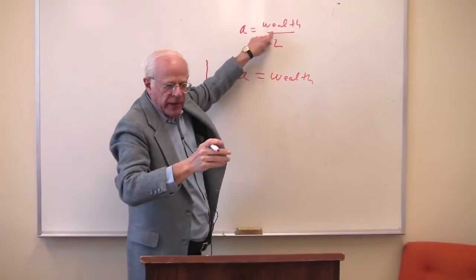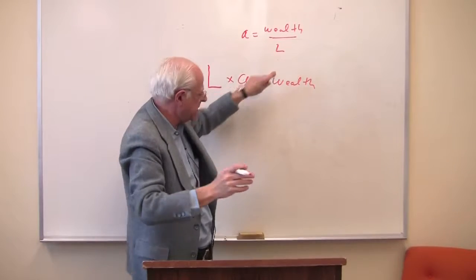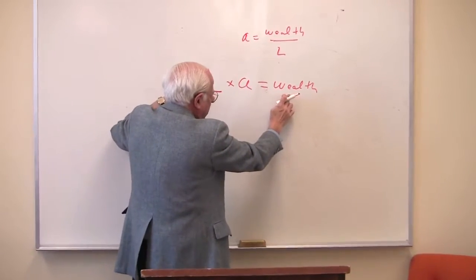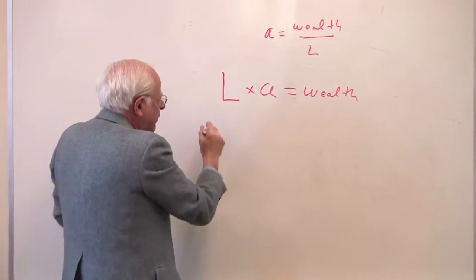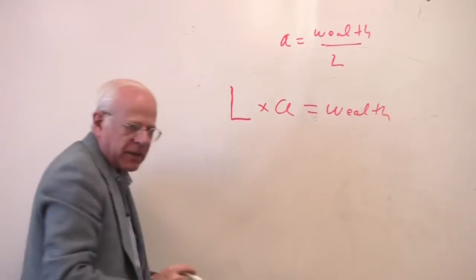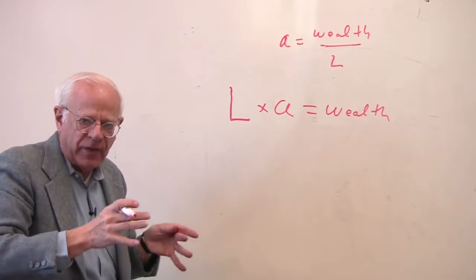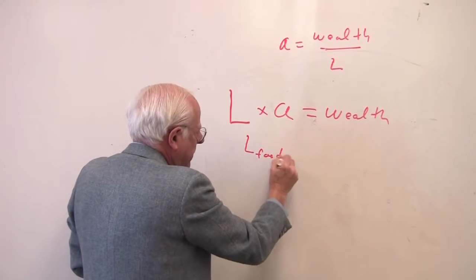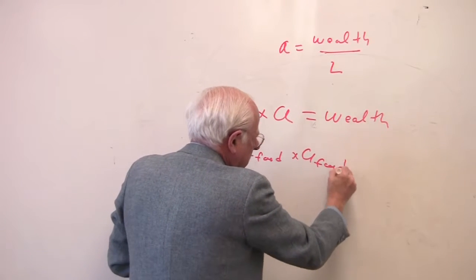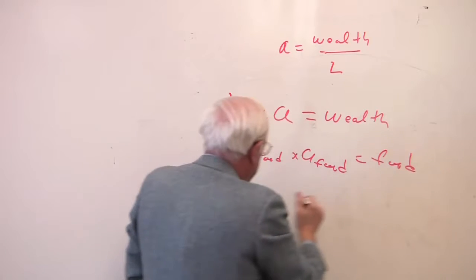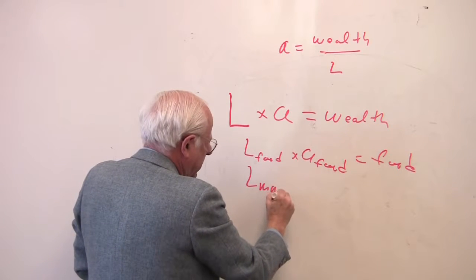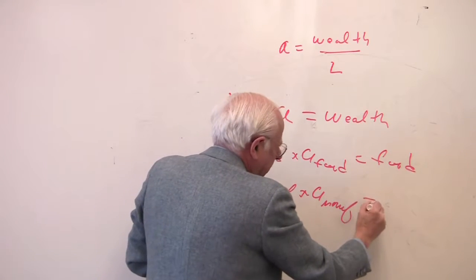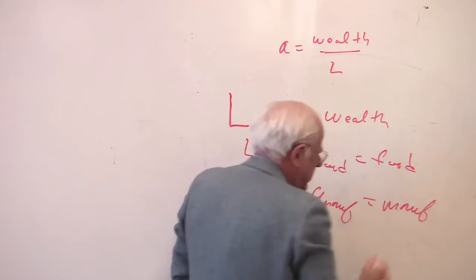So wealth is in the numerator, what the labor in the denominator yields. A times L gives us the wealth in society. Now you can break up this labor process into a variety of components. Labor could be producing food times the productivity in food. That would give us the food in society. Then you have labor in, say, manufacturing times the A in manufacturing. That gives us the manufacturing in society.